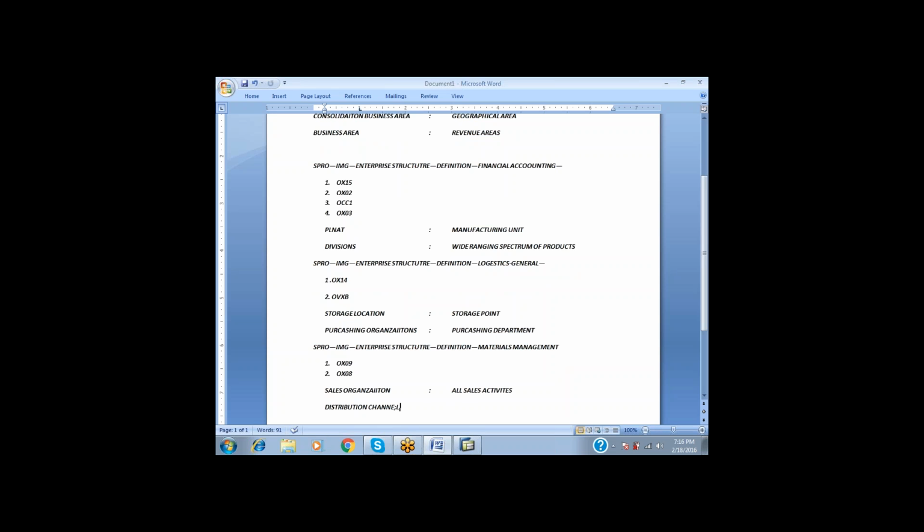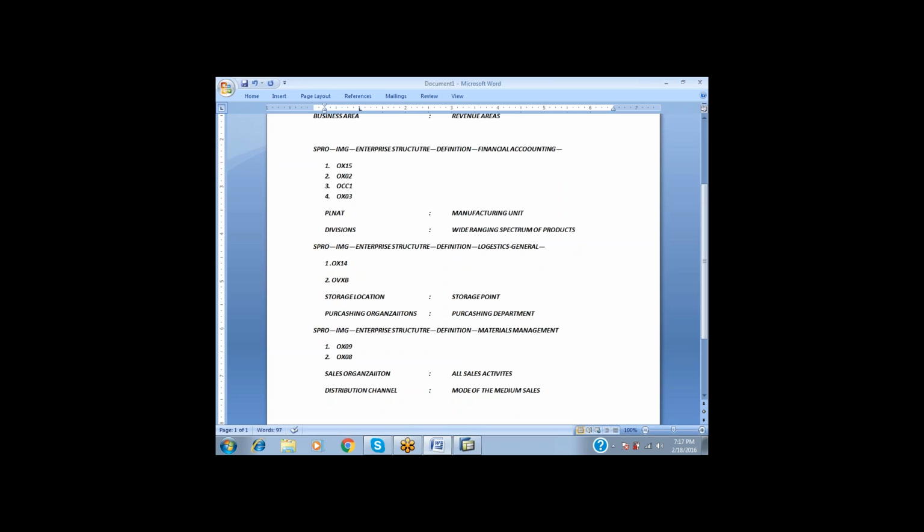And the next one is distribution channel. What do you mean by the distribution channel? Mode or medium of sales. From the sales organization, we are sending this to the customers. But is it a customer or a consumer? We are selling to the customer, not to the consumer. If he is a customer, which type of customer is he? A distributor, or a wholesaler, or a stockist, or a sales agent? That is called a distribution channel.